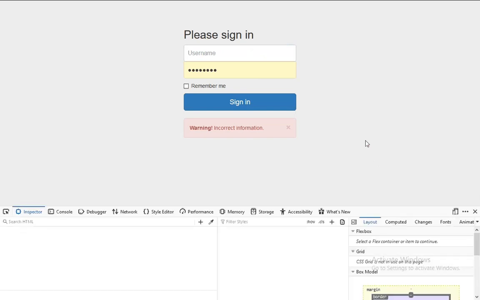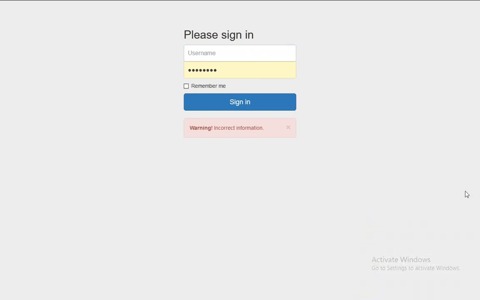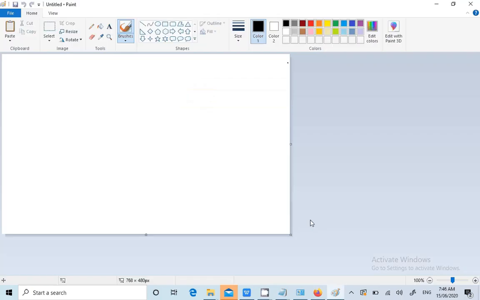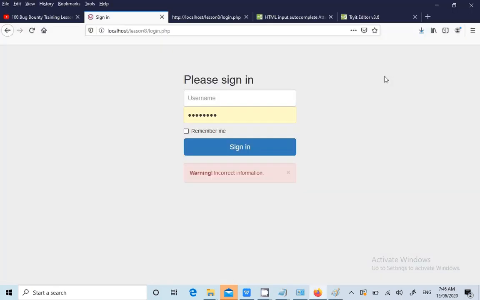I never use this laptop for security testing purposes. This is one of the laptops just to watch movies. It's like a 10 to 15 year old laptop. I need to double click this one so that it shows the contents, and then print screen.